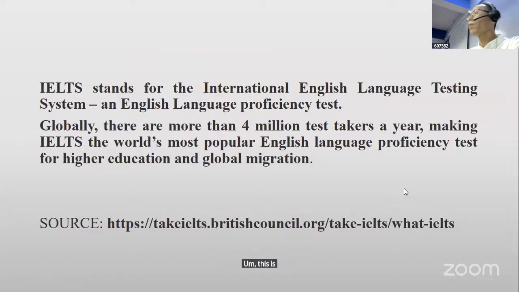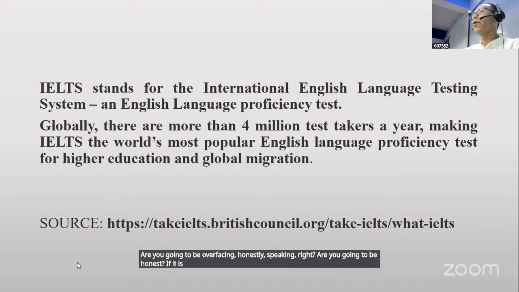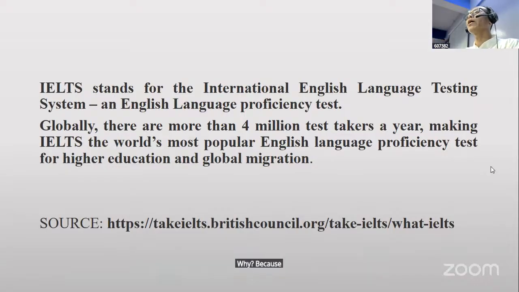This is perhaps the most popular test you're ever going to be facing, honestly speaking, right? You're going to be honest. It is the most important test. Why? Because, according to the source, I have not spoken myself. According to the reference that you're going to be seeing,